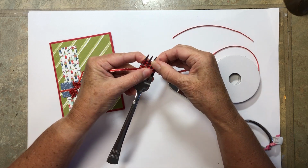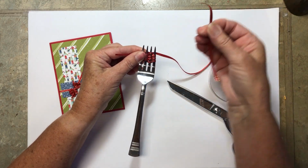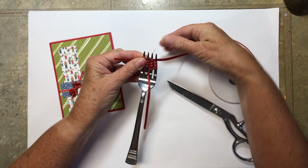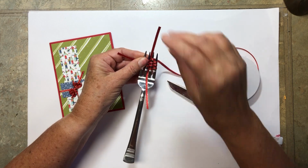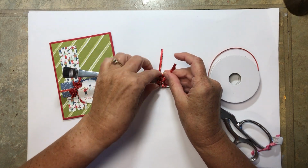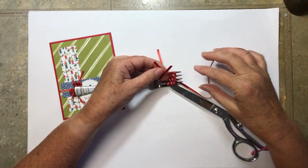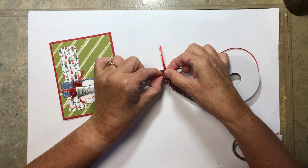So what I'm going to do now is scrunch these all together. I'm going to take this 5 to 6 inch piece that I cut here and put it through the middle tines. Sometimes it would help if you had a third hand, but what I'm going to do now, I've got this piece of ribbon here. I'm going to lay the fork down and tie a knot,